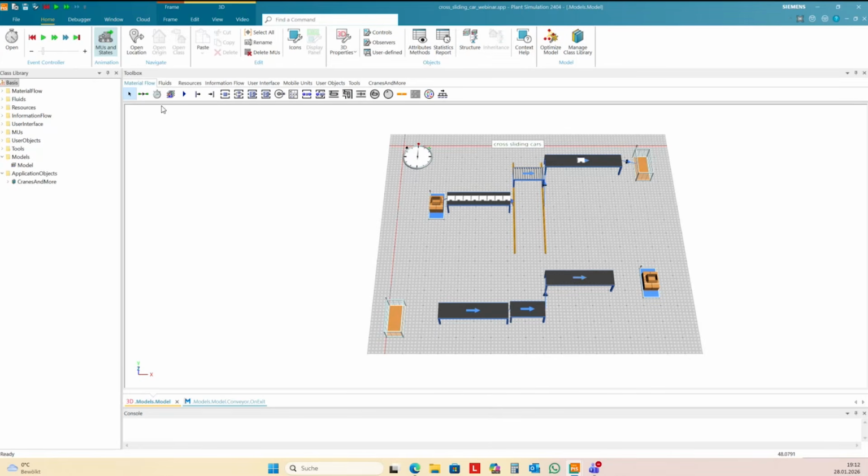To make it run here, we already need to program a little bit. The source creates a part, and we need to move the part to the end of this conveyor and let it run the complete length of the conveyor. And so we need an exit control in our source.